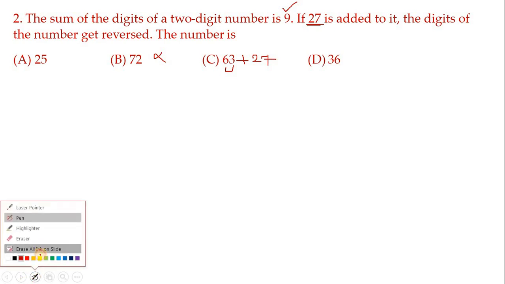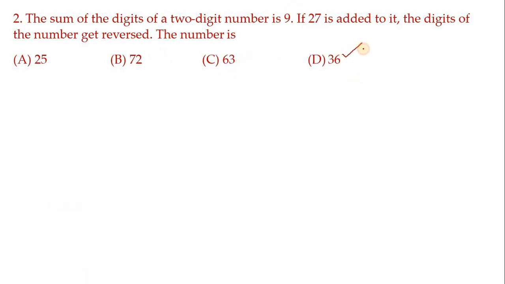Next, move on to the last one. So definitely it will be the correct answer. When all these 3 are wrong, definitely the last one has to be the correct one. So no need to check. In that case you can directly shade this answer. But let me check it out here.